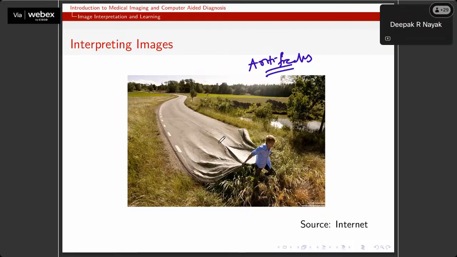Somebody has tampered with this image, and it has been created artificially, but still you can analyze the image, because most of the contents, this content, this content, this content, everything is well known to us. Only there is an issue here. What is that? That the image has been created artificially, and that is what you also need to identify, whether an artificial image can be processed through a computer or not.